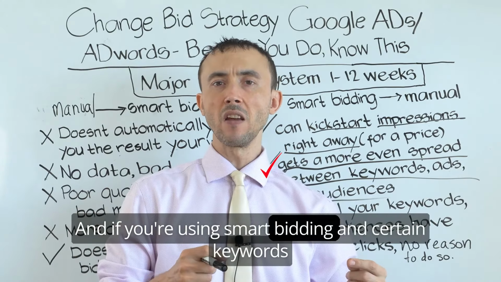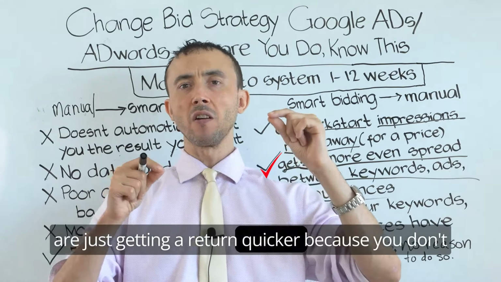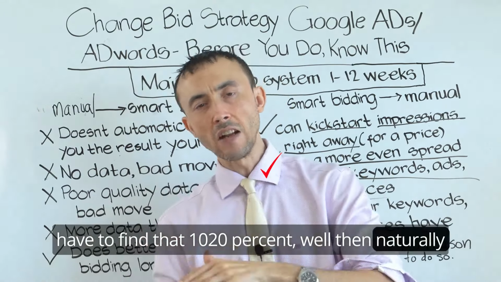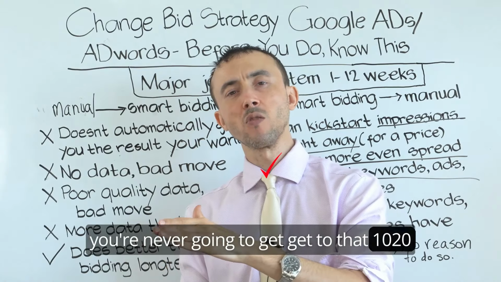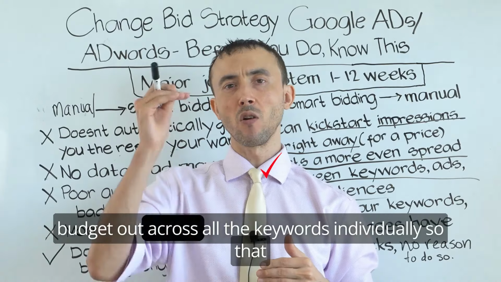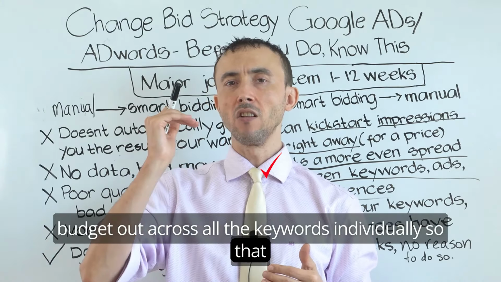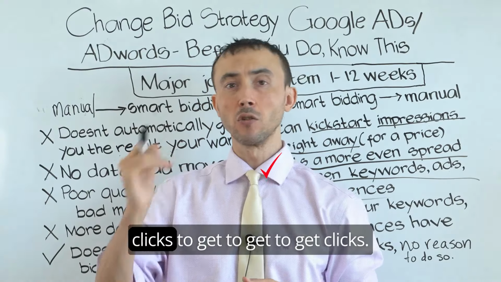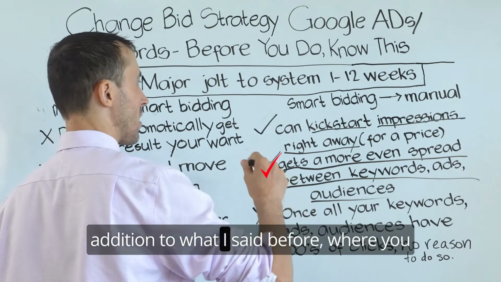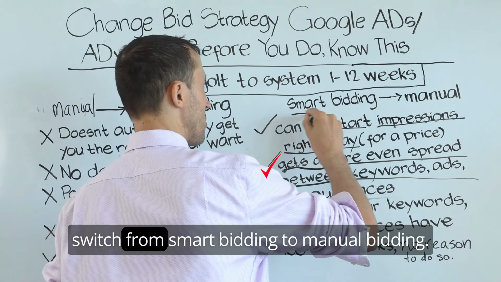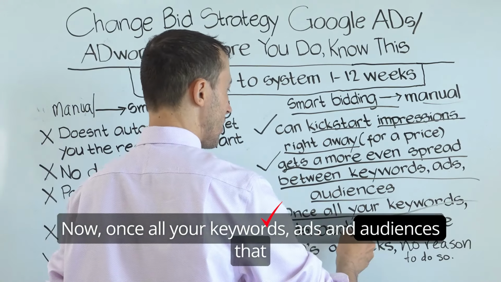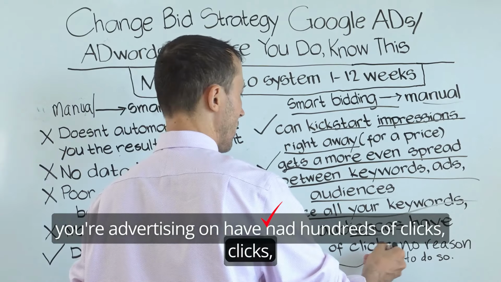And if you're using smart bidding and certain keywords are just getting a return quicker because you don't have to find that 10-20%, well, then naturally, you're never going to get to that 10-20% on those other keywords. So manual bidding will force Google to spread the budget out across all the keywords individually so that you actually force the other keywords that aren't getting clicks to get clicks. Okay? So that's one of the benefits in addition to what I said before, where you switch from smart bidding